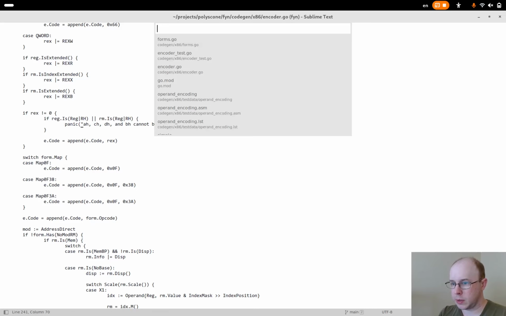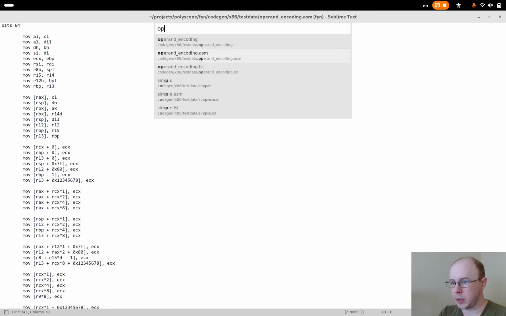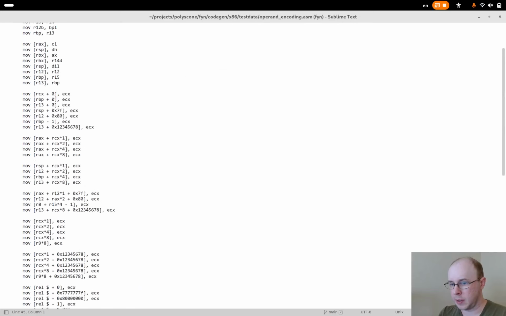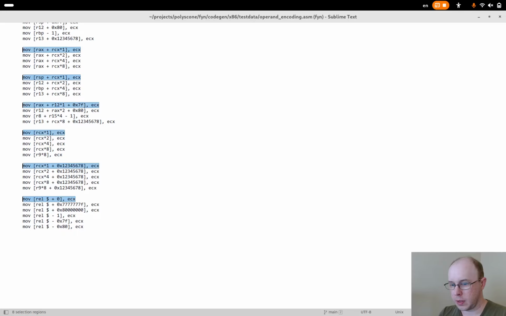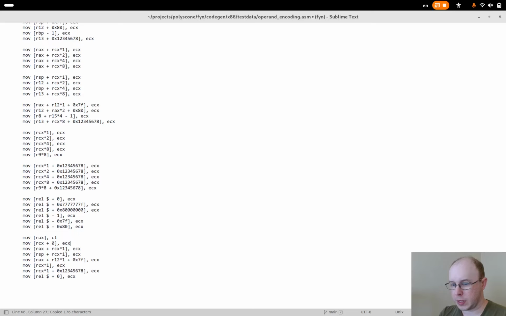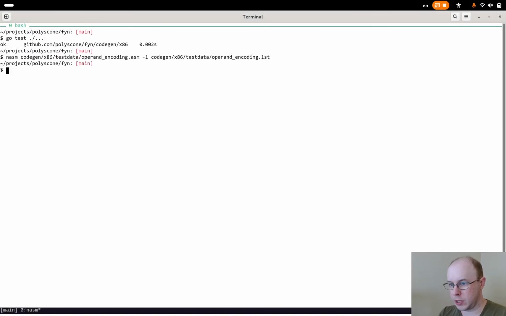So now if I go to the operand encoding assembly tests and create some tests where memory is on the source side, so if I just take the top test from all of these ones here and just put them down at the bottom, this top one I'll change to ECX to make it a bit simpler. And then we just take all of these memory operands and put them on the other side. We'll just regenerate NASM.